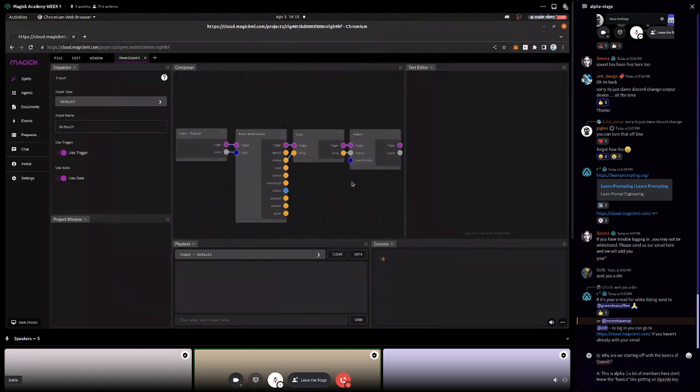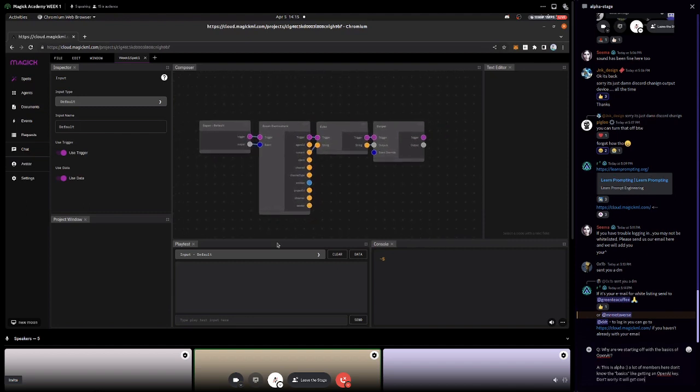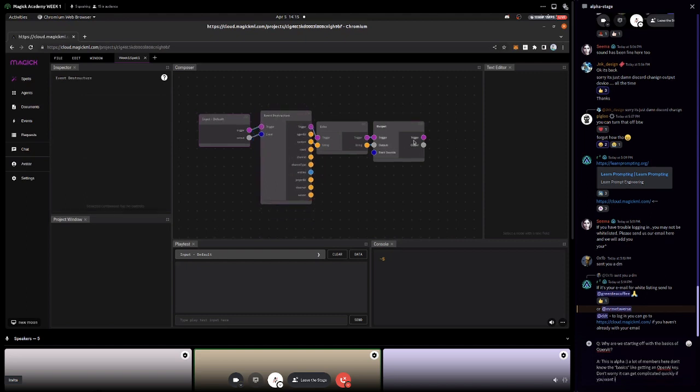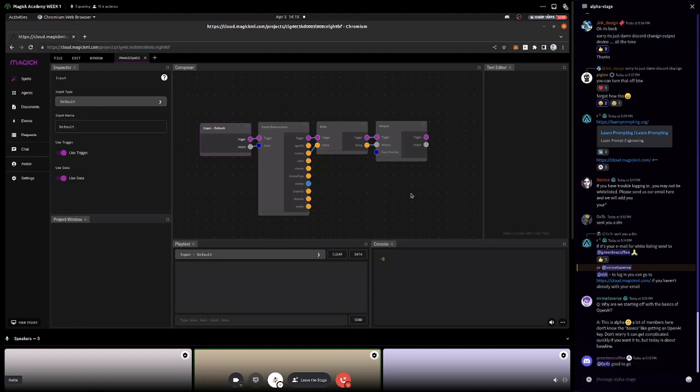A spell is a graph. It's more than a graph. It contains some metadata, some information about the variables, but it's our way in Magick of describing the work that happens, right? You have an input, some stuff happens, and then you have an output. And pretty much everything, even looping complex, agentic behavior, at some point has some sort of function that is input, does stuff, output. And we can combine these together like Lego blocks to create enormous complexity.